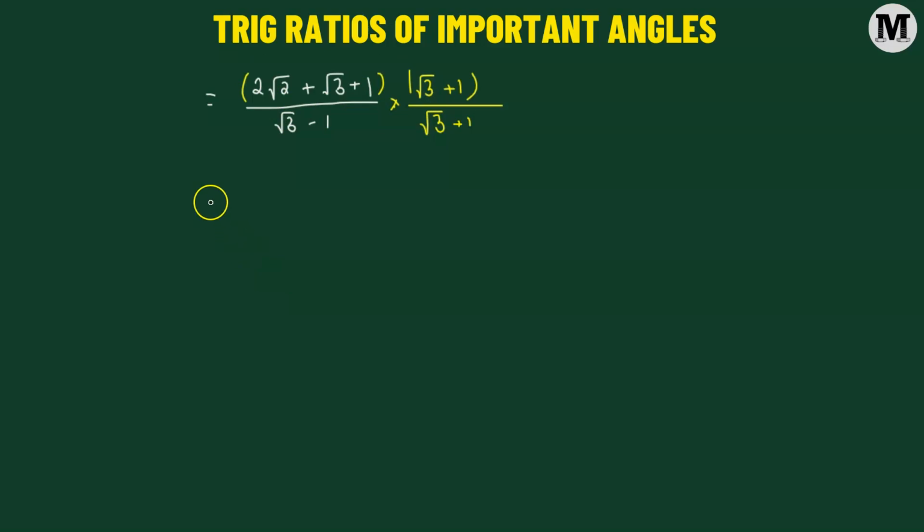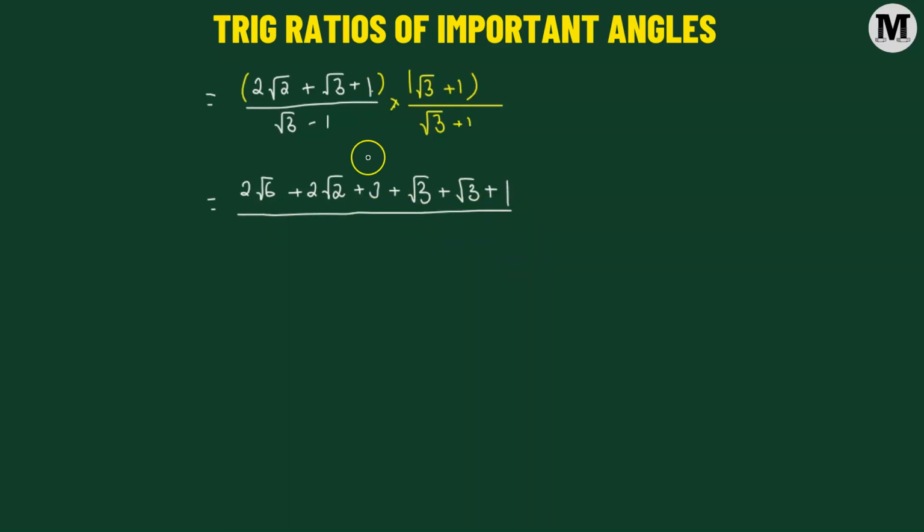Now we'll get 2 times square root of 2 multiplied by square root of 3, so that's simply 2 times square root of 6. 2 times square root of 2 multiplied by 1 will give us 2 times square root of 2, added to square root of 3 times square root of 3, that's positive 3. Then we have square root of 3 times 1, which is square root of 3, added to 1 times square root of 3, so that's going to be square root of 3. And 1 multiplied by 1 will be simply 1, divided by